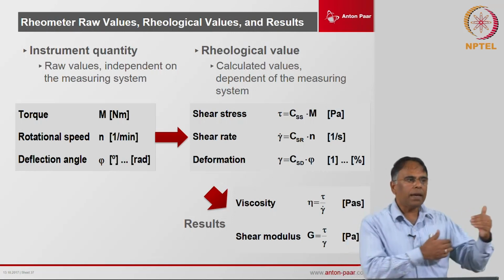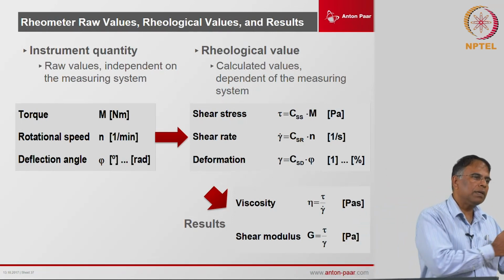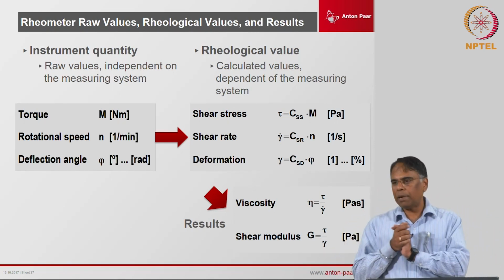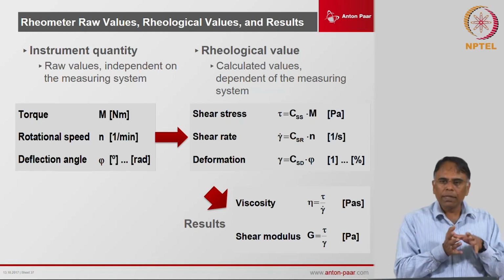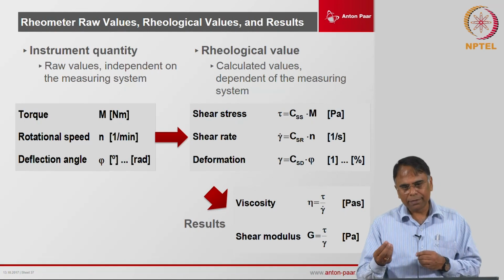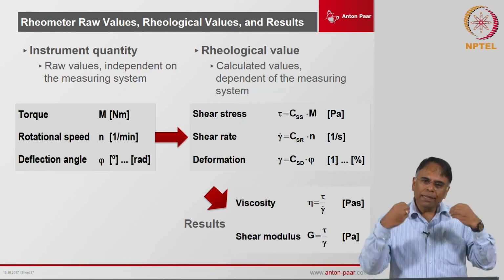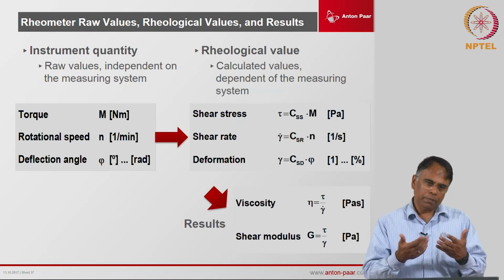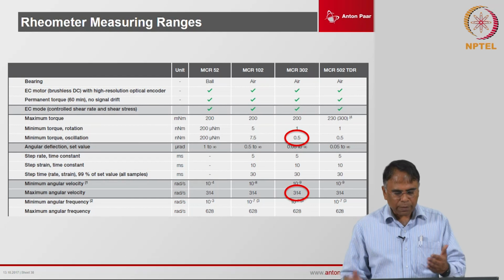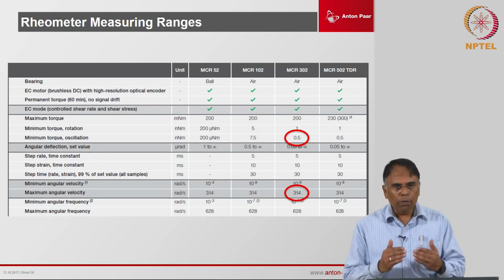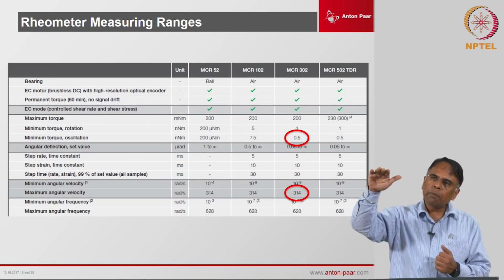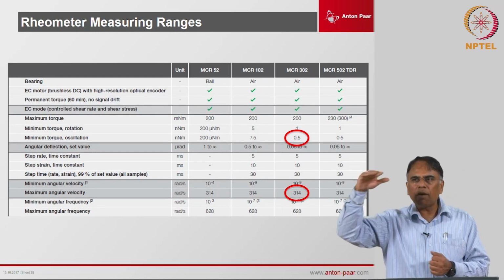So, you should understand the range of your rheometer: what is the minimum torque that the rheometer can measure, what is the minimum displacement that the rheometer can really apply. These are important things to notice. These are very basic things. I call those errors cockpit errors, because those can be easily identified by the person who is measuring. So, when he measures, if he just looks at the specifications of the instrument and he knows, okay, if I am measuring now the first data points of this measurement, I am getting a lot of noisy data.